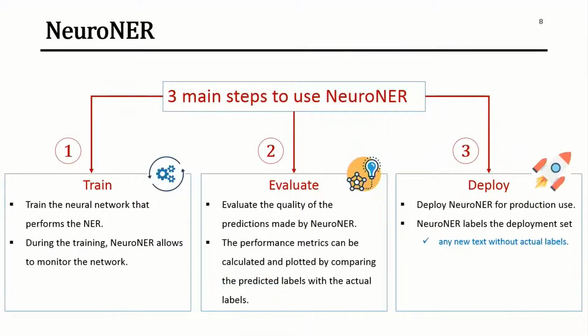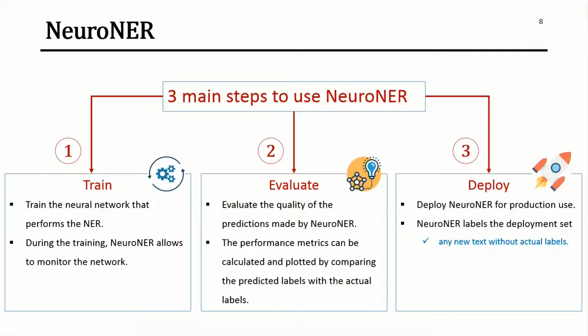And next we see the steps which are used in Neural NER. There are three main steps. The first one is training, the second one is evaluation, and the third one is deployment. In the training, we train the neural network that performs the NER. To train this, we need to specify a specific model to be used. And next, during the training, Neural NER allows us to monitor the network, so we can see how the performance is going